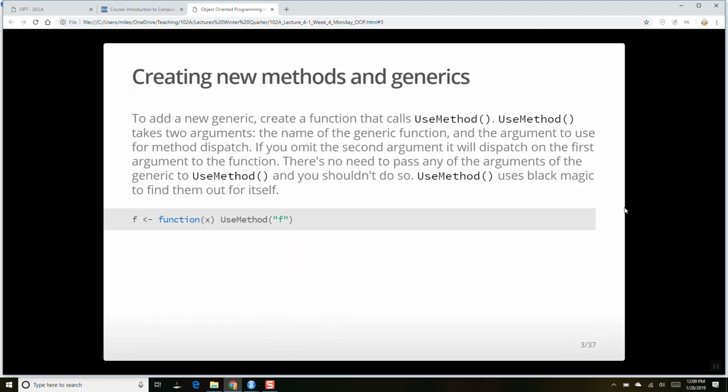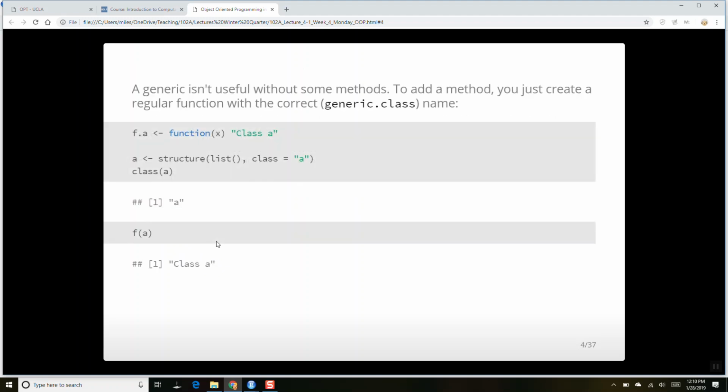And so in S3, we need an ability to create new methods, okay? And that is done using this definition here, okay? So if we say f is a function of x, then this creates a function called f, and if that function makes a call to UseMethod, this makes it a generic function, okay? And so what this tells R is that f is going to look up different versions of itself based on the class it receives. Okay, so for example,